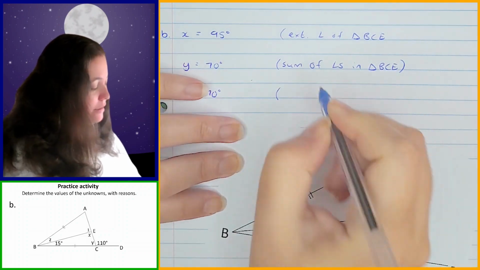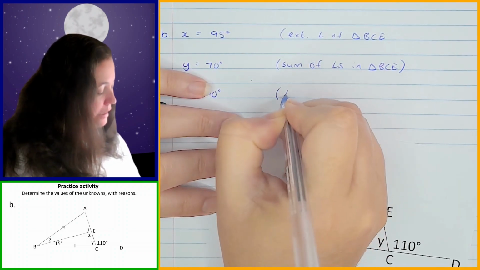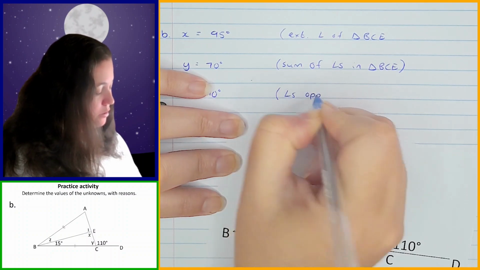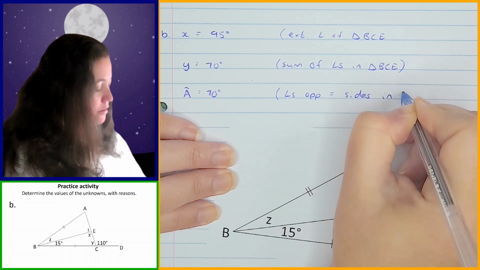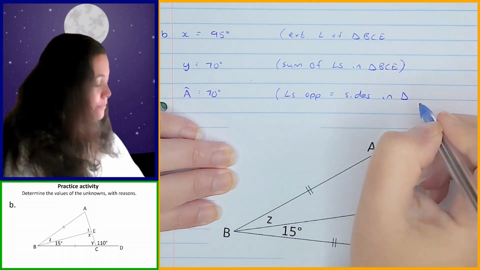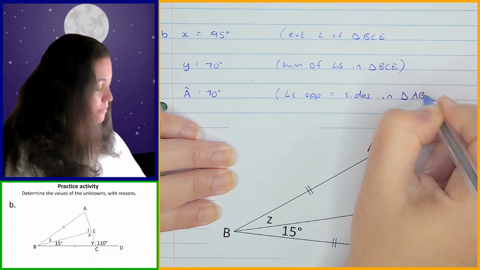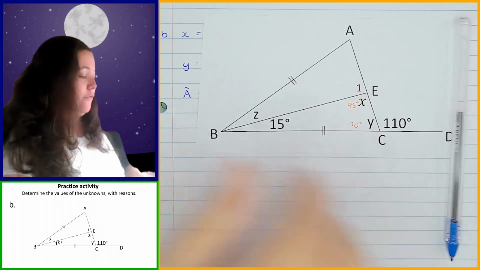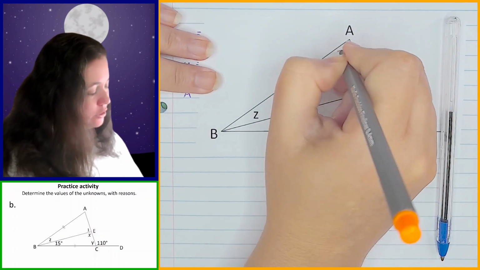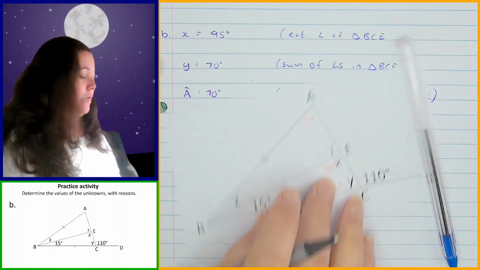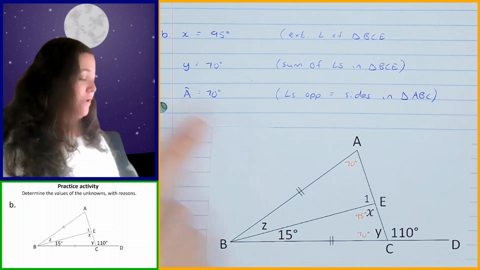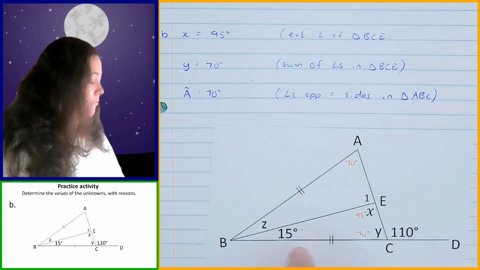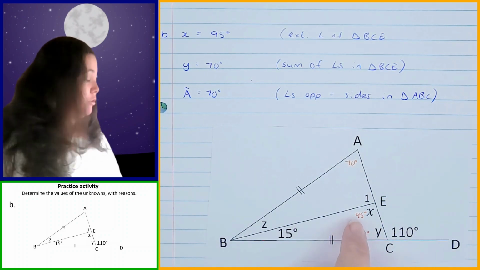And my reason is because it is angles opposite equal sides in triangle ABC. Okay, so now I can go and fill that in over here. So that is 70 degrees over there. Okay, so now that I've got the size of A and I've got x over here, which is 95, I